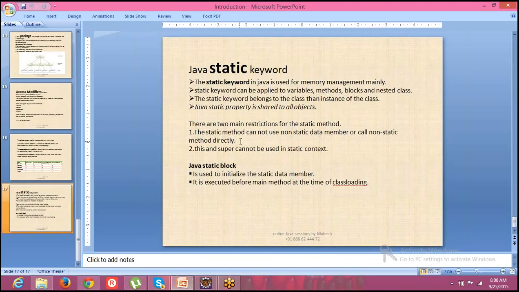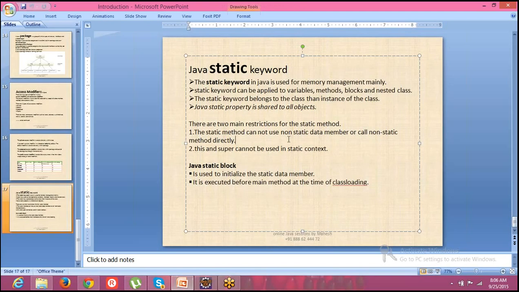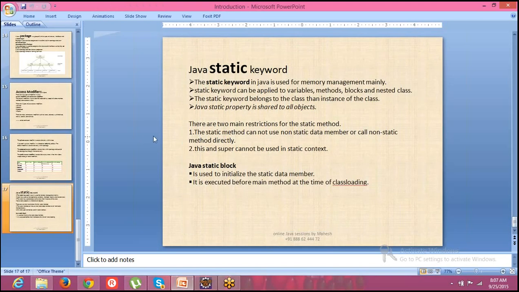So what it is saying, the first thing we have understood. A static method cannot access a non-static variable, and it is saying it cannot call a non-static method directly either.